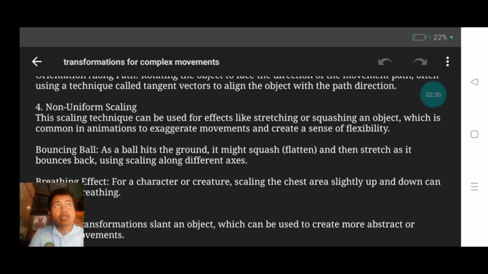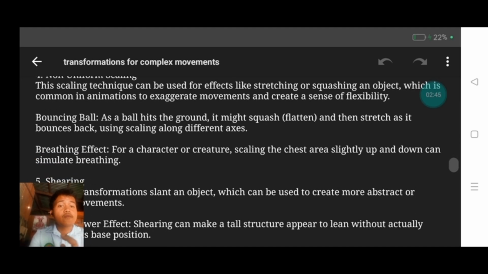In animation, we need to exaggerate so the outcome becomes more realistic and natural. For example, with a bouncing ball, as the ball hits the ground, it might squash and flatten, and then stretch as it bounces back, using scaling along different axes.